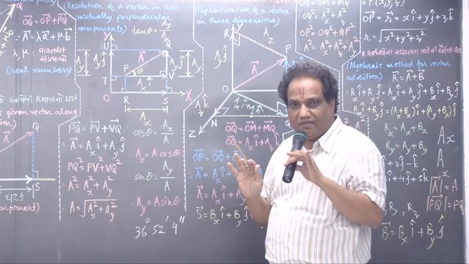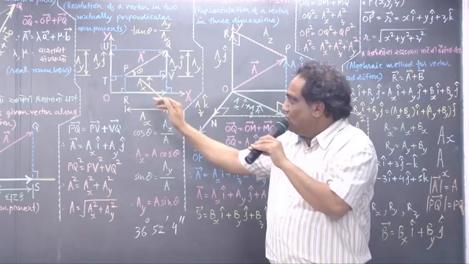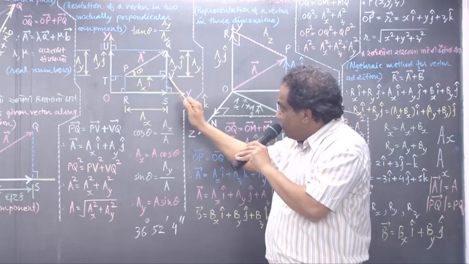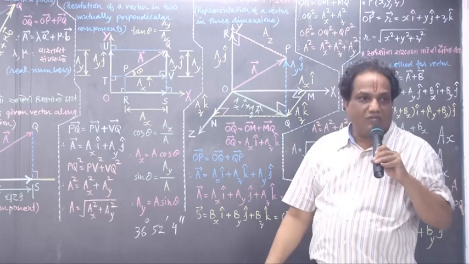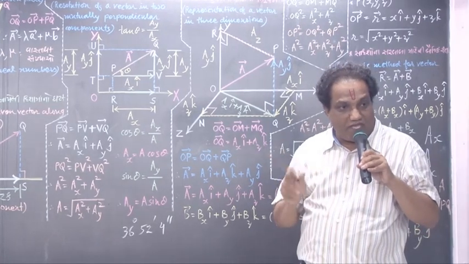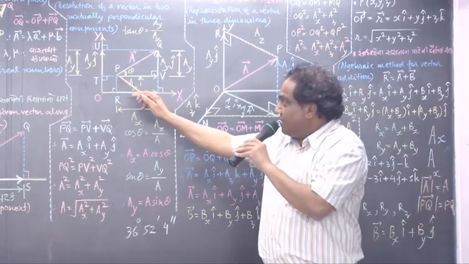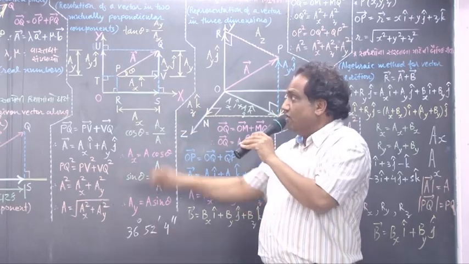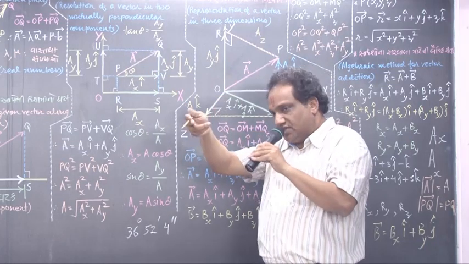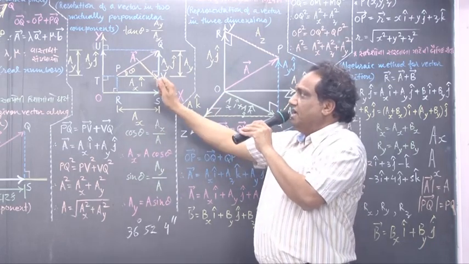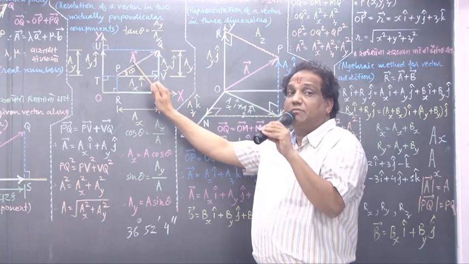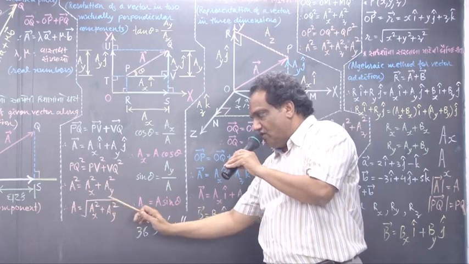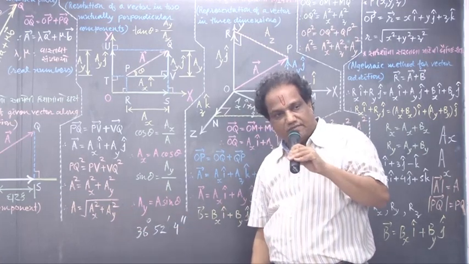Do you follow me? Yes, sir. This length is not equal to this length plus this length, but this vector is equal to this vector plus this vector. So when we are adding vectors, vector PQ is vector PV plus vector PQ. But if you want the magnitude of this, you should apply the Pythagoras theorem. A will be equal to the measurement of the hypotenuse, equal to square root of summation of squares of mutually perpendicular sides. Got it?